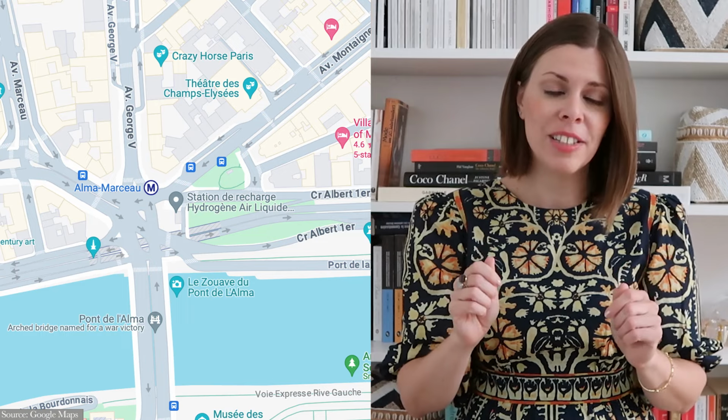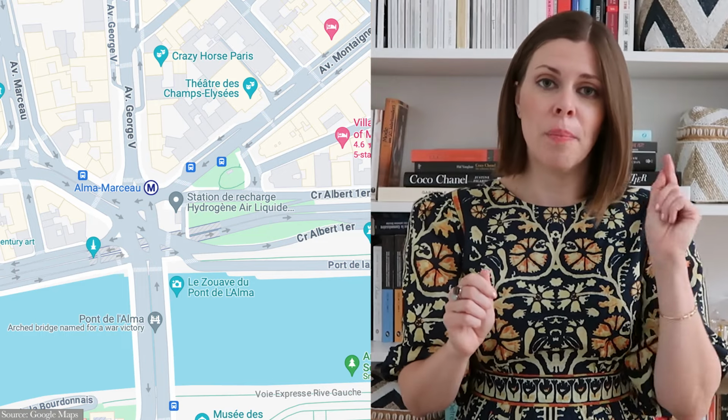Some experts say that these bags were made from plain canvas, and what we can also see is that Louis Vuitton very often uses street names for their bag designs. So for example, we have Champs-Élysées, we have Marceau, and this Marceau is already a hint to why the Alma bag is called Alma, because when you zoom in on the map of Paris, you see the metro station Marceau